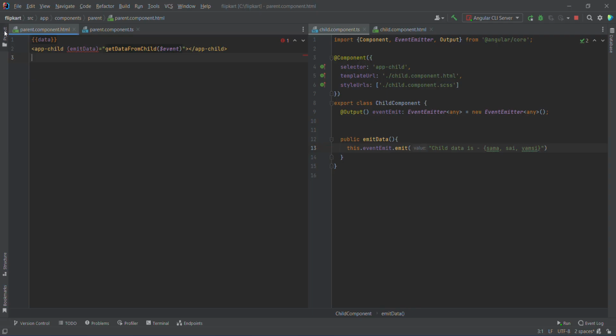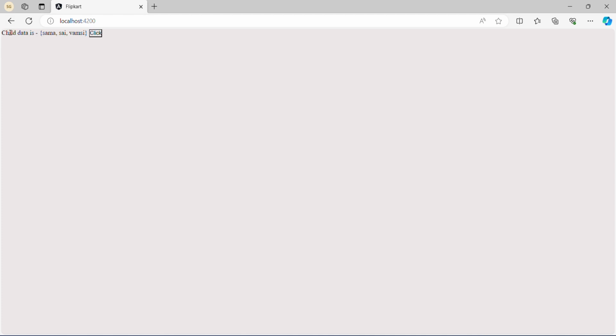So the data is still not emitted here. Let's see what problem it is showing. Oh, sorry, I need to bind the property. I used another variable here, I used the method here. I need to use this event emit property here. Then it works. Let me save it and go back to the browser. Now click it. See,